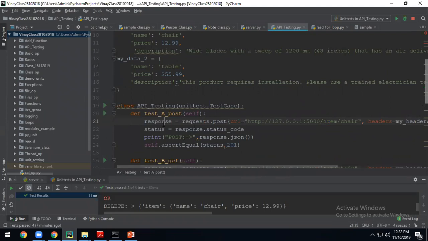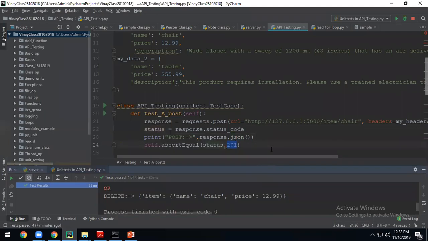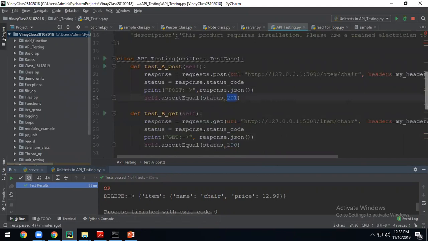Now I send it. I got a response also after post, and in the response I am trying to check whether the status code is 201, which means whether the request is created or not. So for the time being, if I do it again, it may throw an error because it would have already been created when you did it the first time. So I have to restart the server because it will empty that complete list. Okay, that is about the post call.